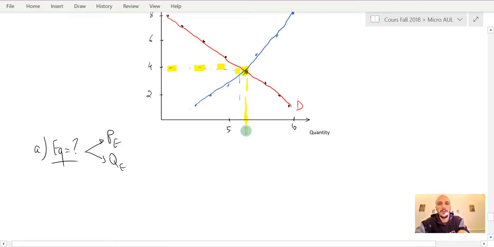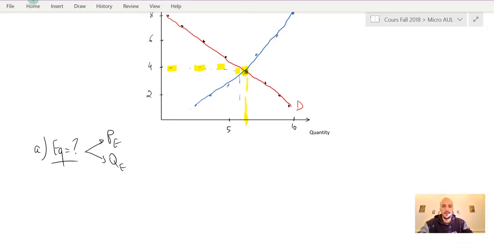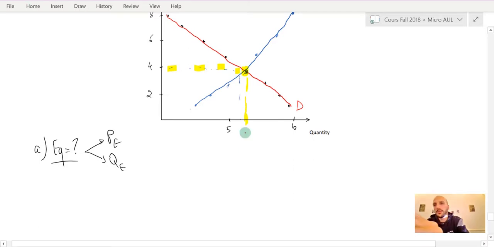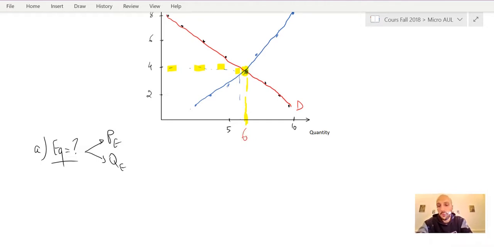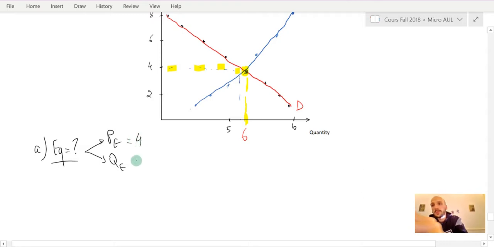It will be at 4, and for a certain quantity equals 6 normally. So for quantity 6 and price equal 4. So it could be our first answer that the price will be here at 4 and the quantity 6,